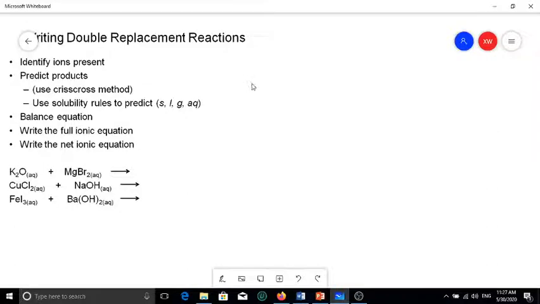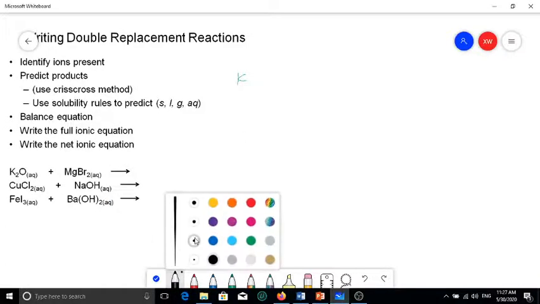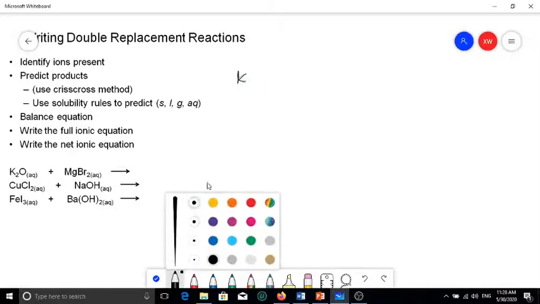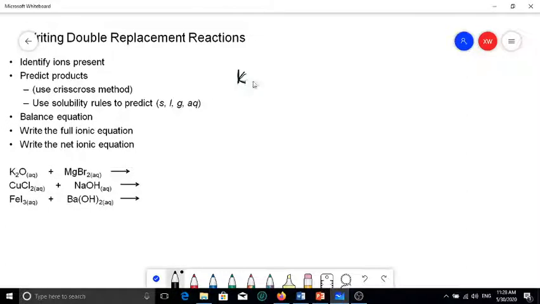K2O is called potassium oxide. Potassium oxide plus, AQ, of course, is because it's in water, and the magnesium bromide